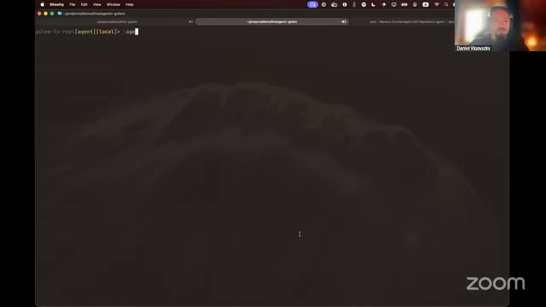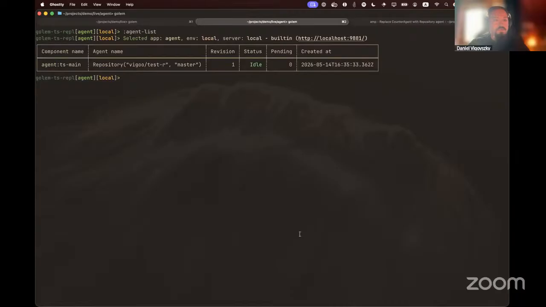So for example, we can do agent list, and it's the same thing as typing golem agent list in the CLI. And it shows us that in the coding agents test, we already have an instance of this repository agent with these constructor parameters. And then we can just create variables here like the TypeScript REPL. We have to use the get thing because that is the syntax that we were already using in previous versions